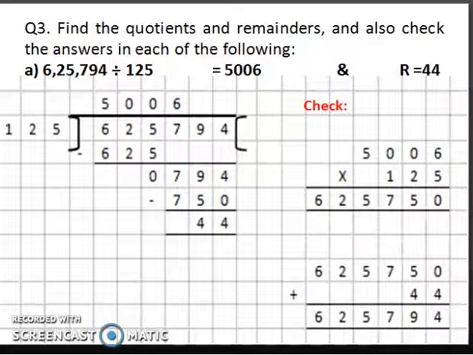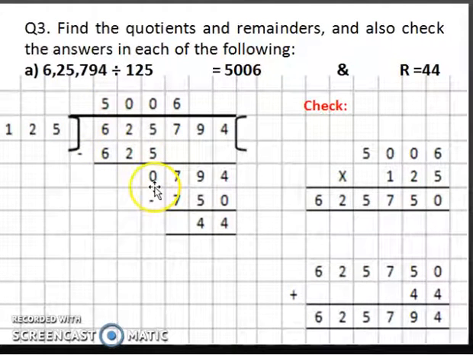Now, as I have written my dividend here, my divisor here, make a rough column on the right hand side of your notebook. Write 125. Let me estimate. Now 3 ones will be 3 because I will estimate from the largest place value. Now 6 ones is 6. So first of all in your rough column try and multiply 125 by 6. Check what answer you will get. You will get a bigger answer than 625. Right? 750 you will get, which I cannot take. So now multiply it by 5. When you multiply it by 5, you get 625.